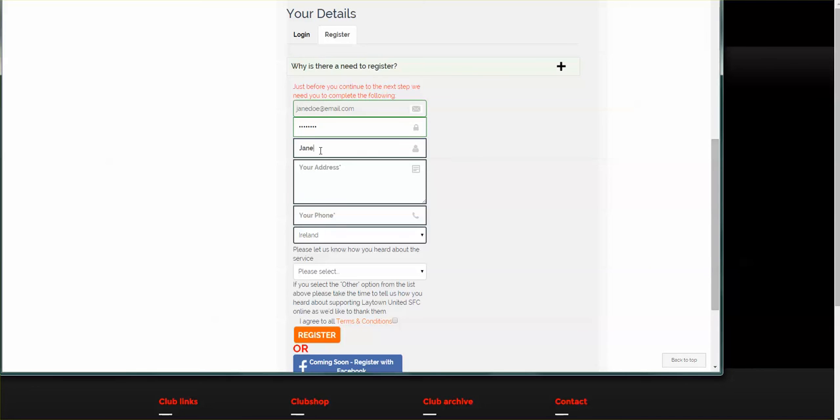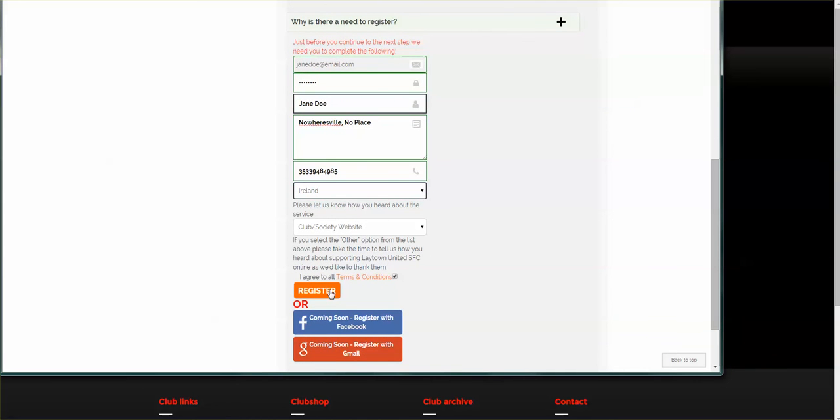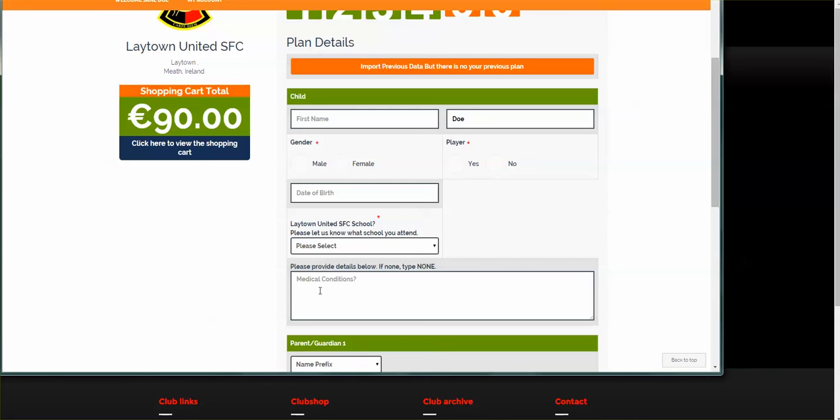So put in whatever you have for password, your address, and your phone. So again, one other thing to remember is also we must select the I agree to the terms and conditions. And to help out the site, you can also give some extra feedback back to myclubfinances.com by selecting where you've picked that up from. So by selecting register, if all of the appropriate fields are filled out correctly,